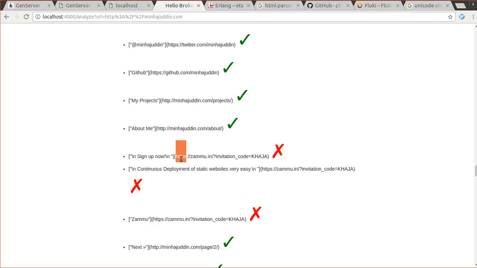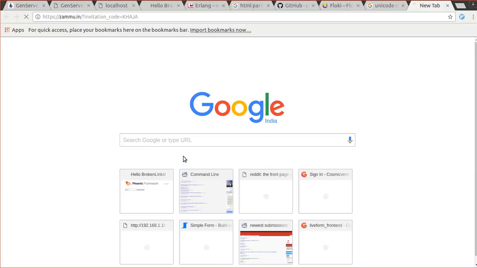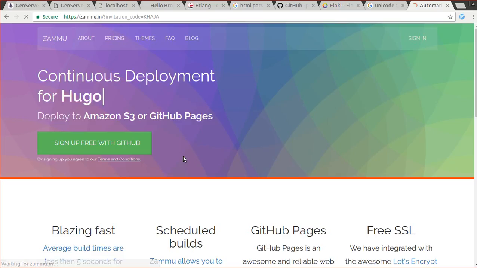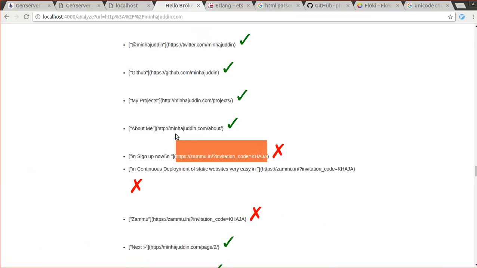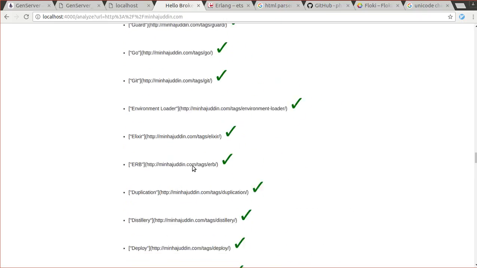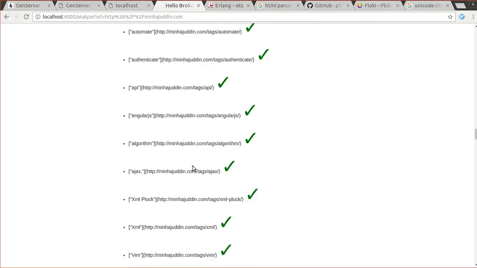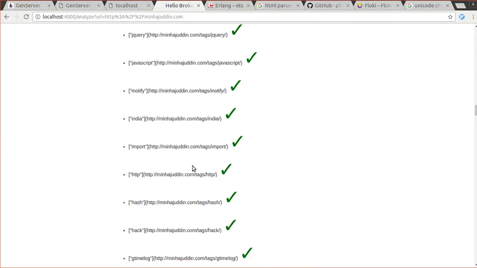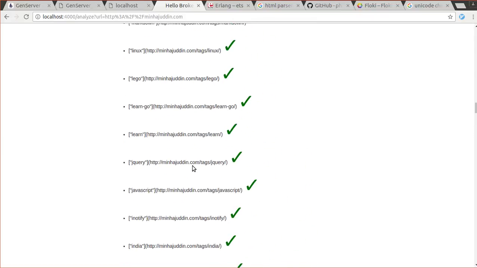Anyway, we could also do grouping and show the X's on the top and stuff like that. It says this thing is not working. Let's actually go there and see if it's broken, and it doesn't seem to be broken. Maybe it's timing out too soon. Anyway, we can change the timeout and play with those things, but this is a very good start, and actually we are close to the end. The only thing pending at this moment is analyzing the whole site instead of a single page, and let's do that in the next